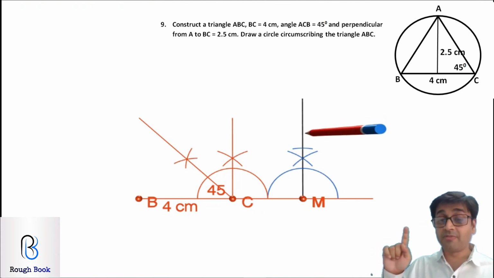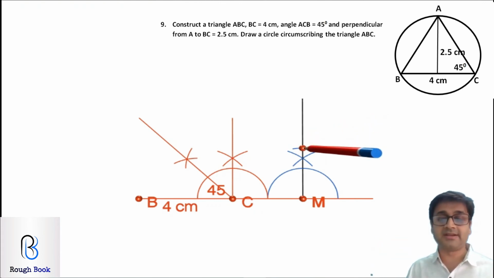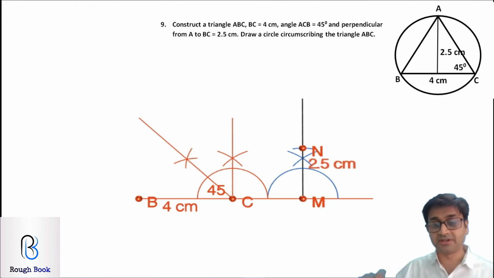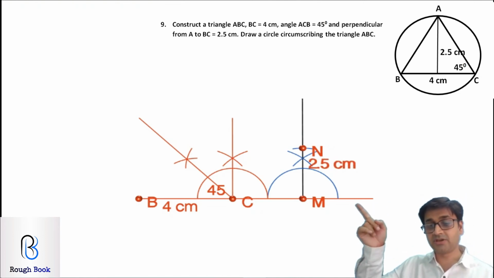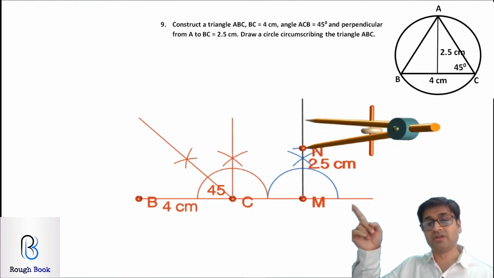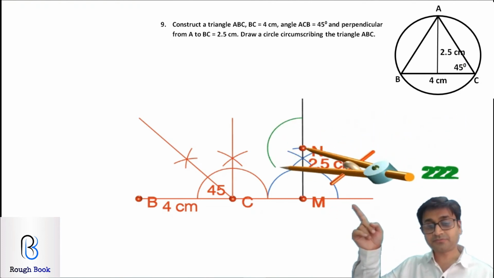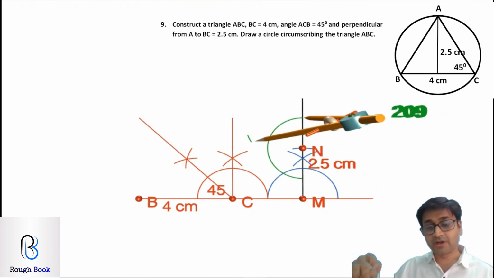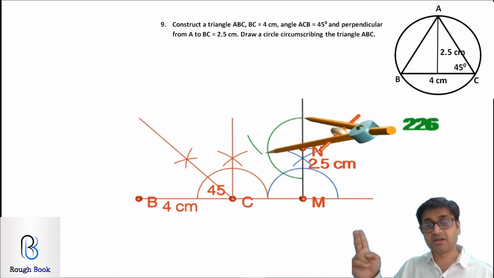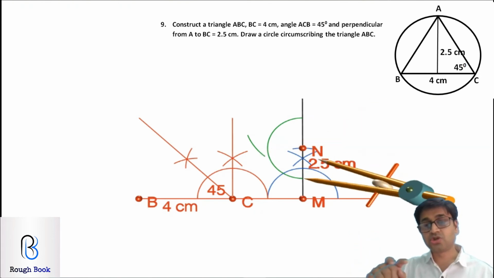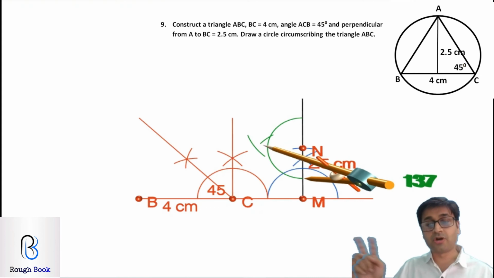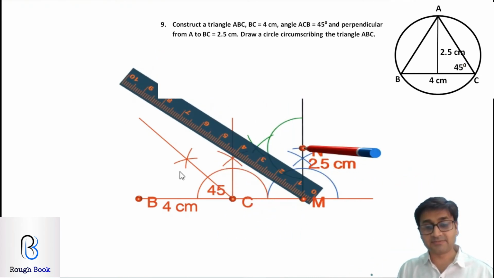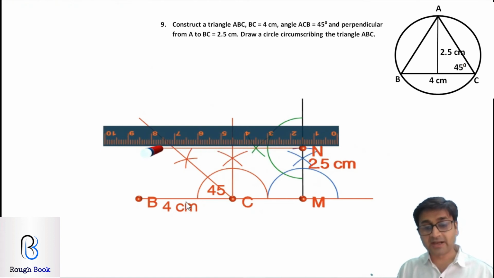Got it? From N, we'll have to draw one more 90 degree. So again from N, that is this point, which is 2.5 centimeters, cut an arc like this. Can you see? Can't? Now can you see? So 180 degree. Then at 0 right on top, cut one more arc and come down at 180, cut your second arc. Wherever these two intersect, join it with N, and what we get now is our second 90 degree, which is parallel to the base. So this, can you see, will be parallel to the base.